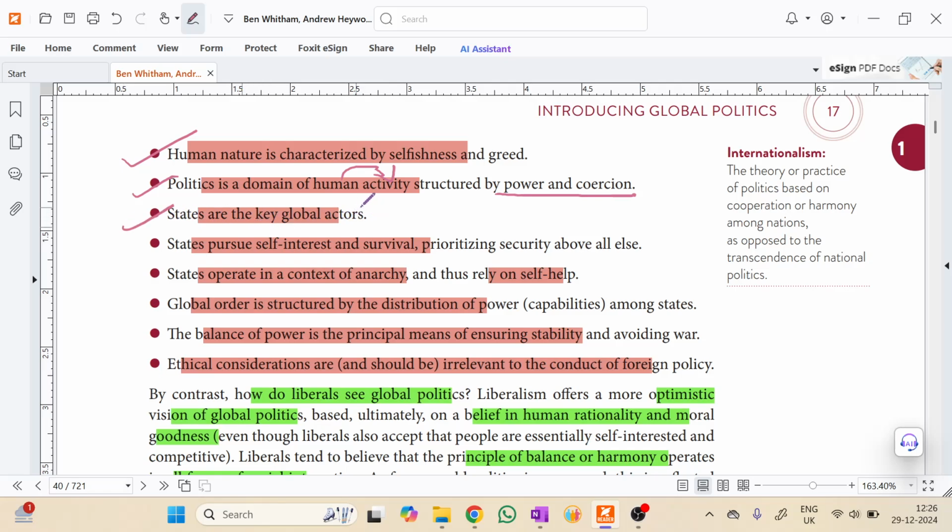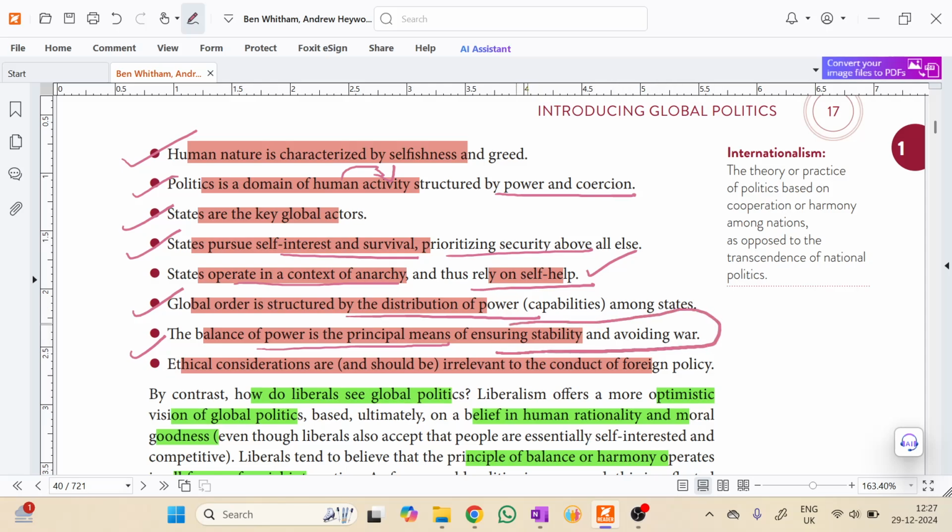Then the states are the key global actors, and they pursue self-interest and survival, which prioritize security above every other matter. States operate in a context of anarchy, which is why self-help in the international arena is needed. Then global power or global order is structured by the distribution of power or the balance of power. The balance of power is the means to ensure that the international arena is stabilized and war